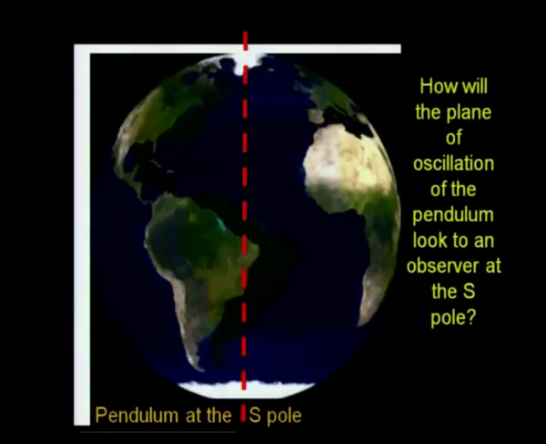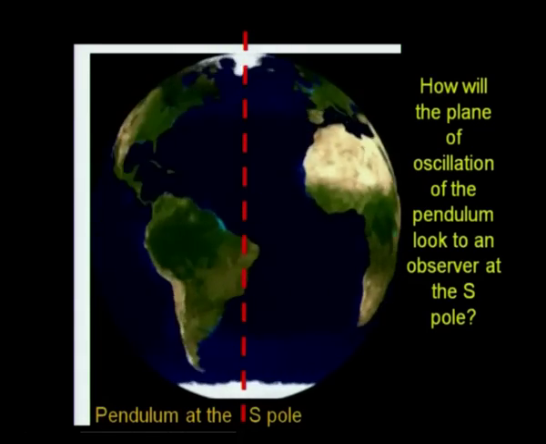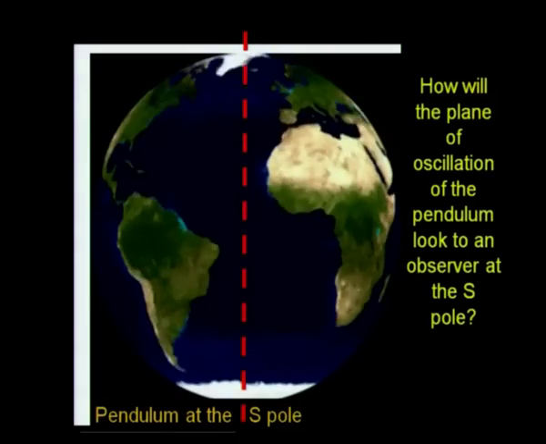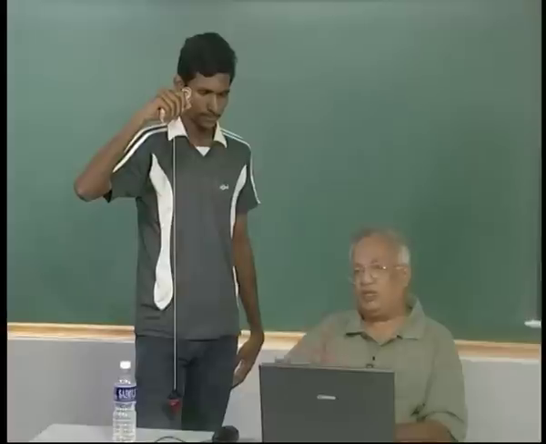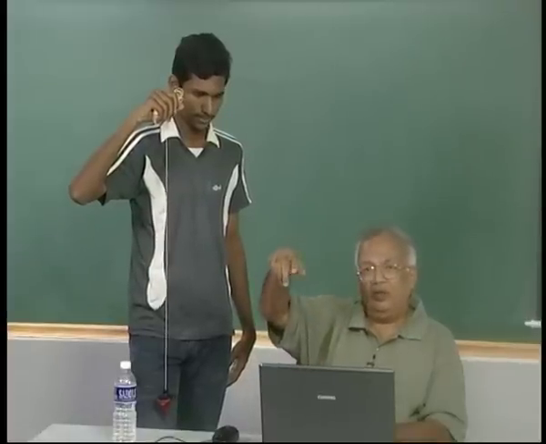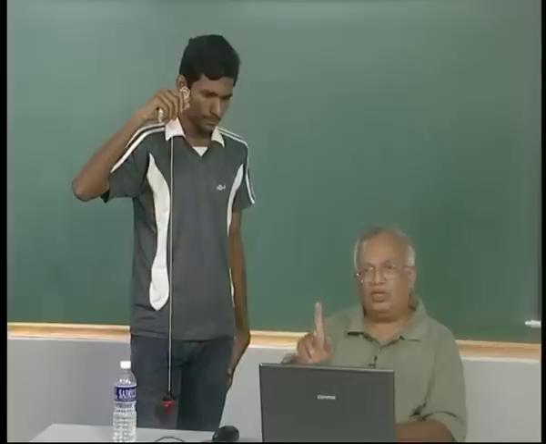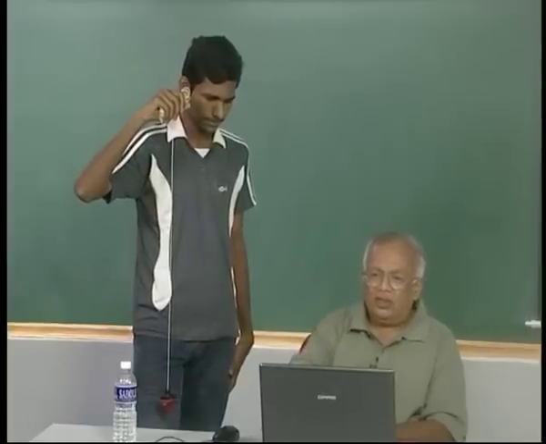and he will again find that the plane of oscillation is rotating, but in the opposite direction to what he saw when he was at the north pole, right, because now he is standing at the south pole. So, he will still find that the plane of oscillation is rotating, but in the opposite direction. So, it was clockwise from the north pole, from the south pole he will think that the plane of rotation is rotating anticlockwise. Now, what about some point